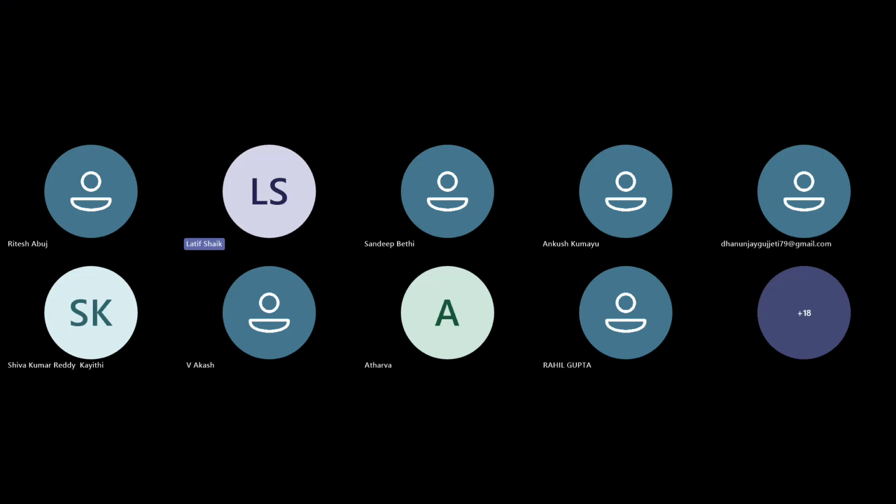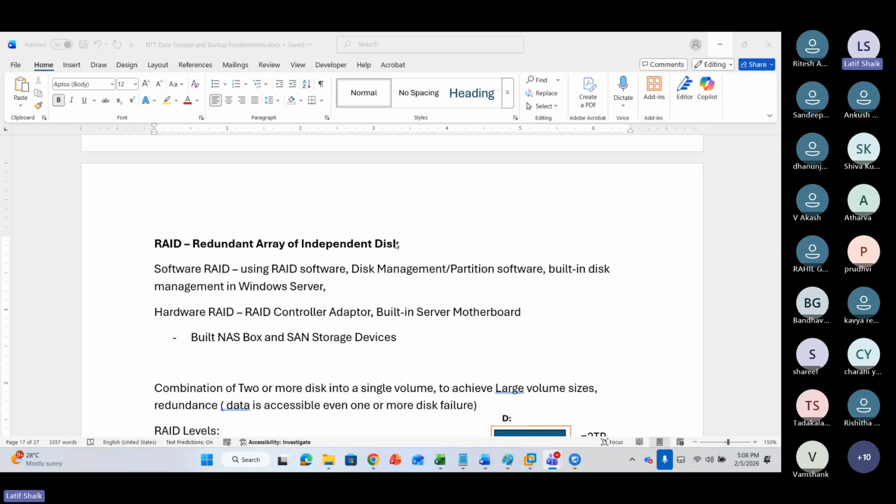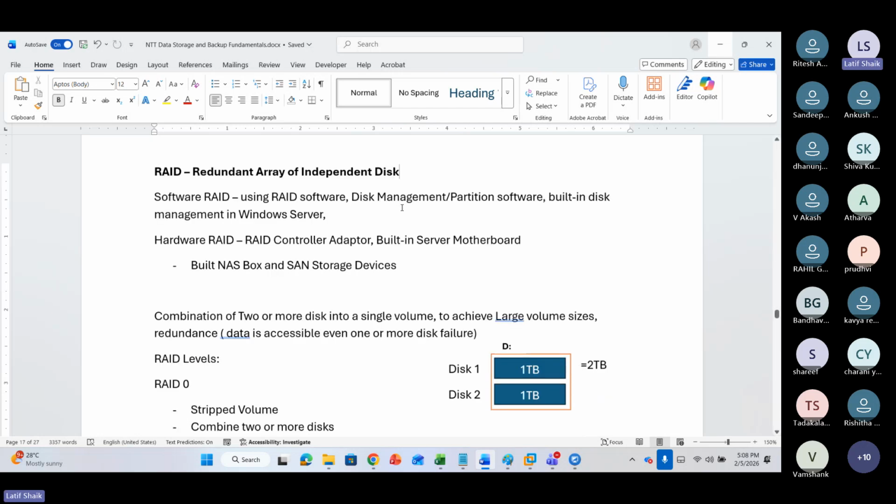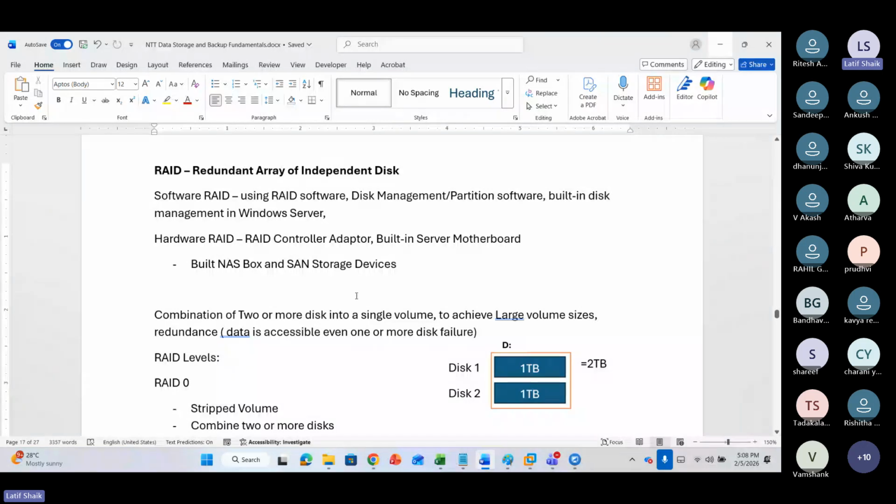The topics are RAID and LVM. Okay, so we'll see that one. First is RAID, redundant array of independent disks. With RAID we can combine two or more disks into a single volume to achieve large size volumes or redundancies or both. What is redundancy? Even if one or more disks fail,